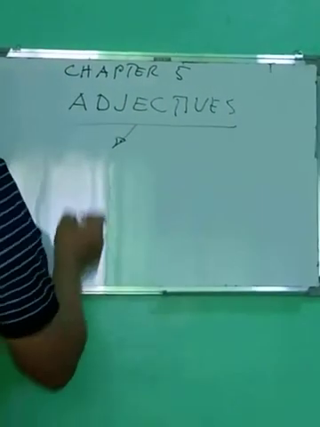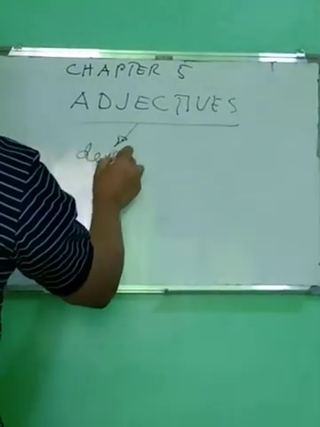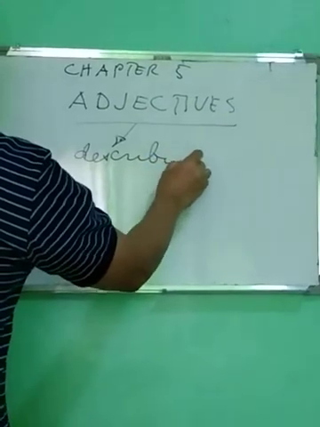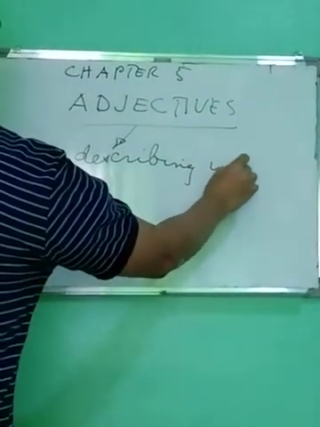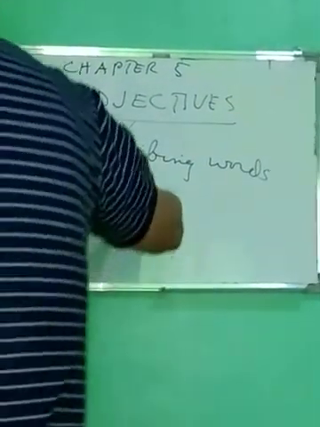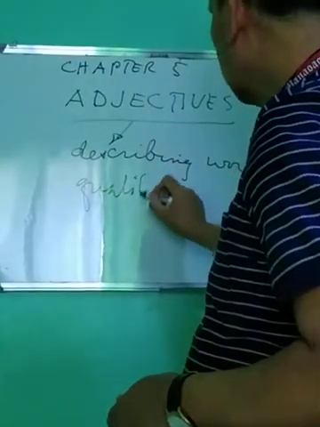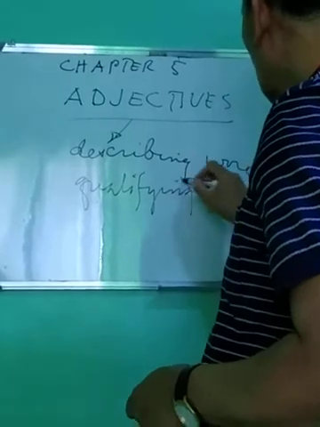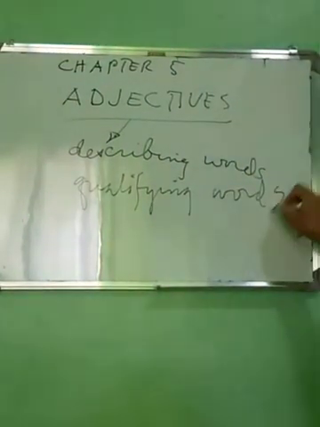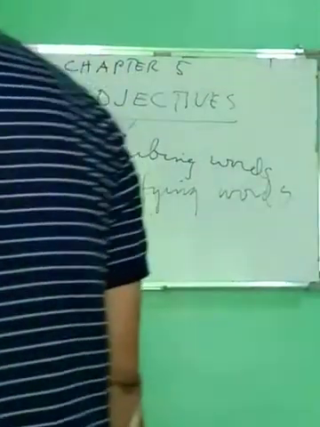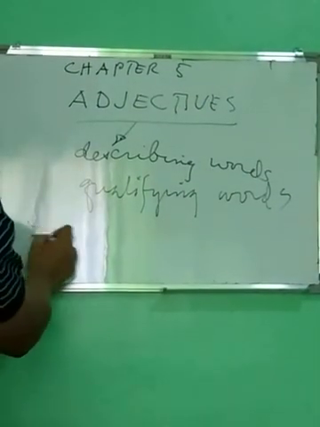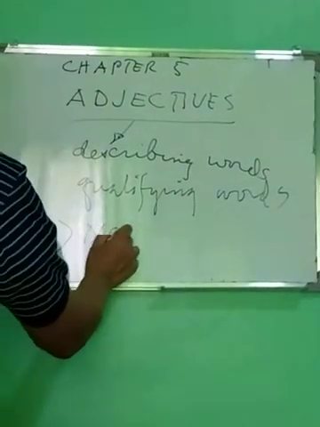Well, adjectives are describing words. What do they describe? Or if you do not want to use describing words, they are qualifying words. What parts of speech do they qualify? They qualify or describe nouns,